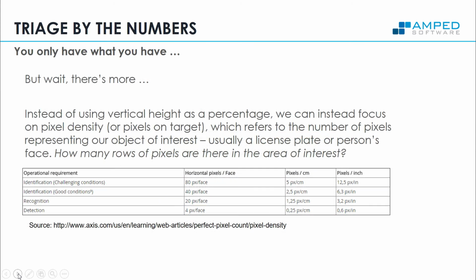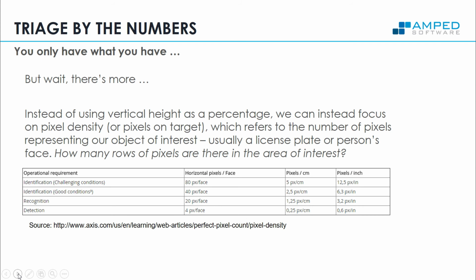And so I like what Axis Technologies are doing in terms of, instead of a percentage, using pixels on target, pixel density. What this chart is telling me is that in challenging conditions, high compression at night with motion, I need 80 rows of pixels across a face or across a license plate to stand a chance of making an identification. In very good conditions, when the camera is close to the object, when there's not that much compression, when it's daytime and so on, I can get by with 40 rows of pixels. For detection, just to recognize that somebody is human, for example, I can get by with much less. But I want license plates, I want faces, and to get there, depending on the distance to target and compression, somewhere between 40 and 80 is the minimum amount of pixels on target that I would need